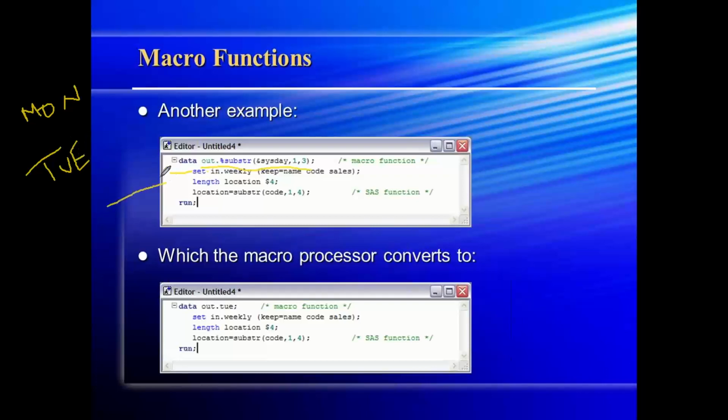If you write this as substring of SYSDAY, that is Monday, 1, 3, MON, and your report gets executed, it will be created as the Monday report, Tuesday report, and so on. That is how this code can enable you to automate your programming, rather than making changes to your code every day for reporting, easier, right?